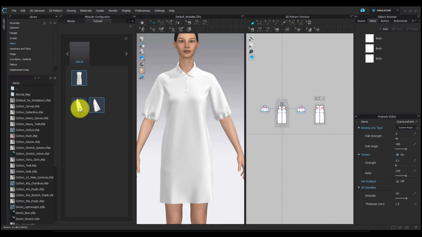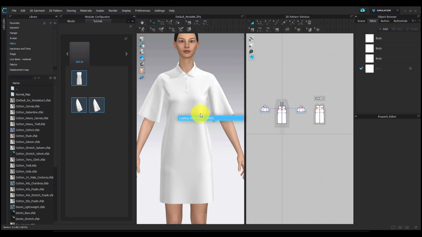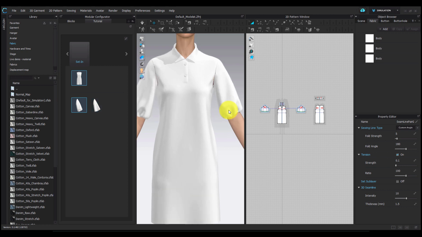I can put the different sleeves and swap between them here and save these project files. Here I can switch between the sleeves and I can add in more permutations and combinations to my newly created folder to create my own customized garment.